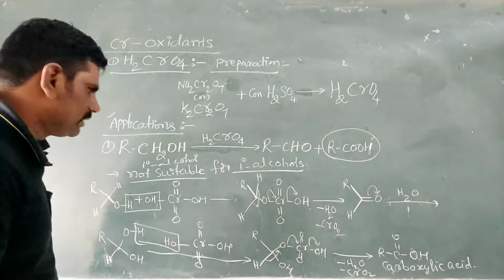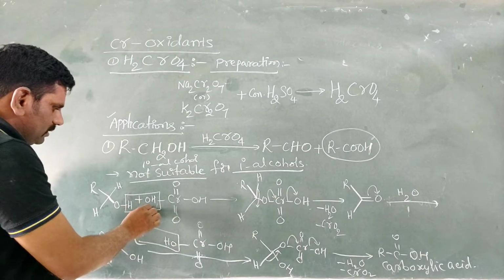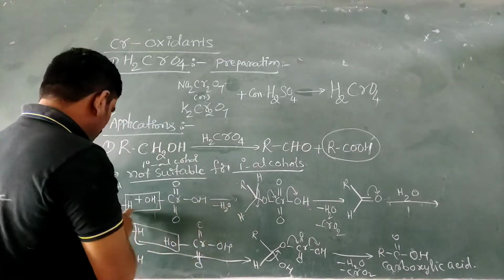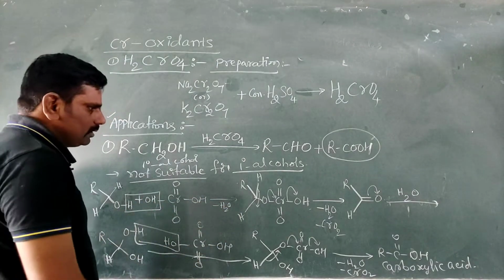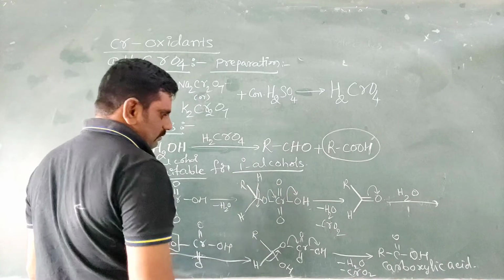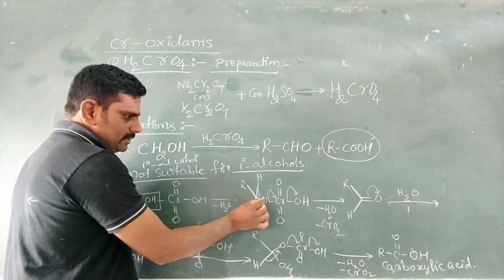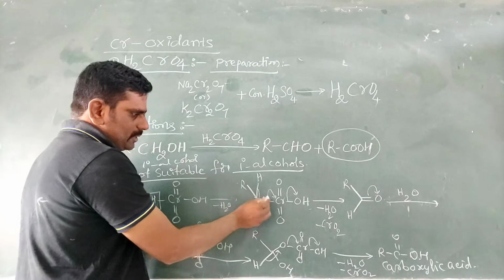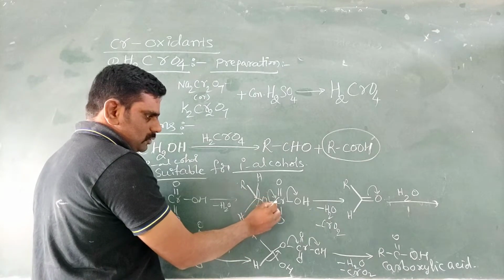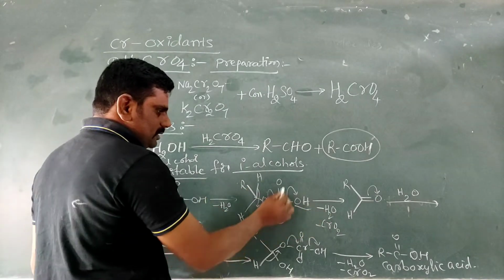So we will see the mechanism of how it happens. It is a primary alcohol. First, chromic acid reacts with it, and a water molecule is removed by condensation of both. See what happened after the linking of chromic acid with primary alcohol. This bond forms a double bond between oxygen and carbon, forming a carbonyl group, and this bond shifts towards the chromium side and OH minus is eliminated, and OH minus and H plus become water, CrO2.